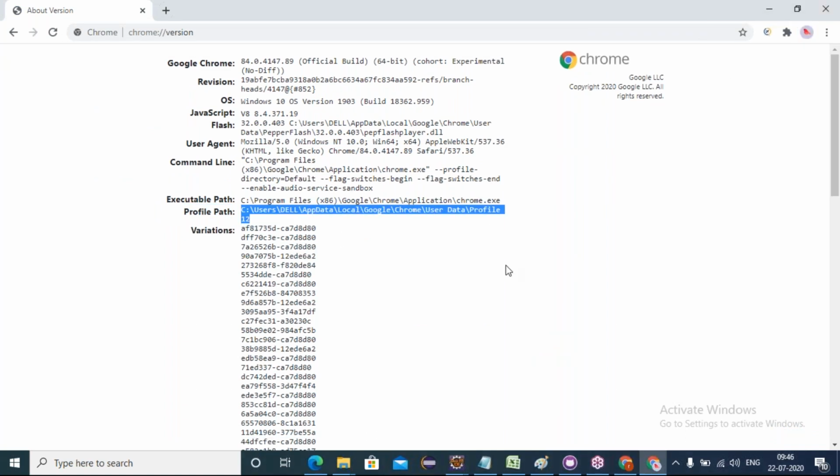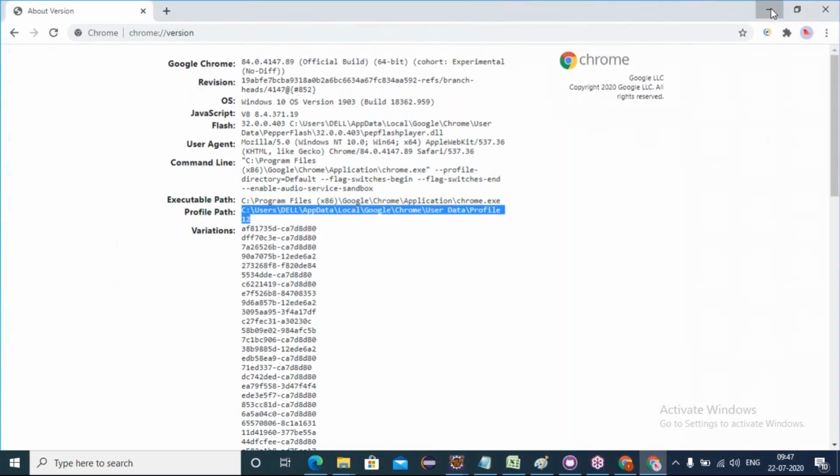So now I want to use this user defined profile. I want to load it. So what to do here? We have to call this profile in your script, in your WebDriver script. Okay, now how do you call it? First copy this profile path, because I want to load this profile through my WebDriver.